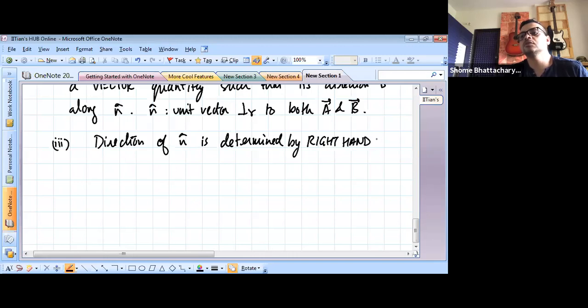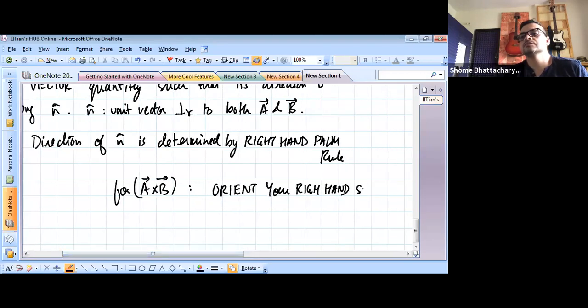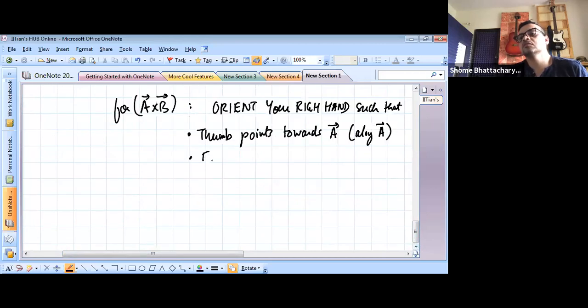So let's understand right hand palm rule in detail once more. So right hand palm rule kya hai, that for E cross B operation, orient your right hand such that the thumb points towards E or along E. The fingers point